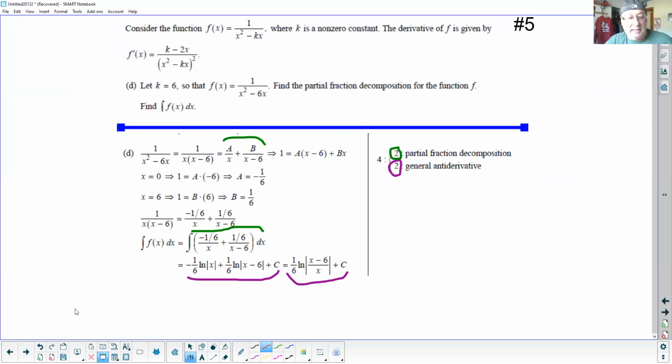Part D. Now part D is a little bit trickier here. For part D, the question is let k equals 6 so that f of x equals this. Find the partial fraction decomposition for f, and then integrate. So basically, partial fraction decomposition means once you substitute in that 6 that they ask you for, your job is then to